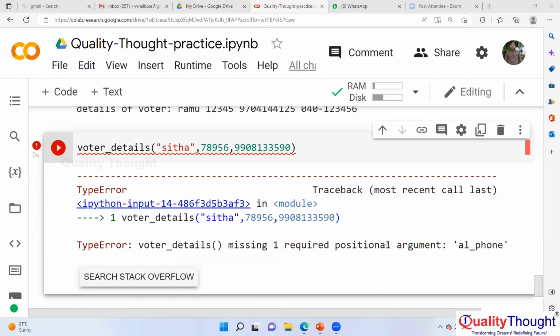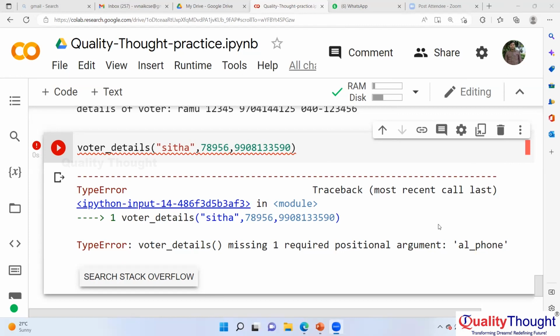So here one argument is missing, which is the alternate phone number. But the candidate doesn't have that particular phone number. An alternate phone number or alternate email ID, landline numbers are not there. She doesn't have that landline number. So the alternate phone number cannot be passed. Then what is the solution? I don't want this error to be shown, but I want a solution. Now there is a concept called